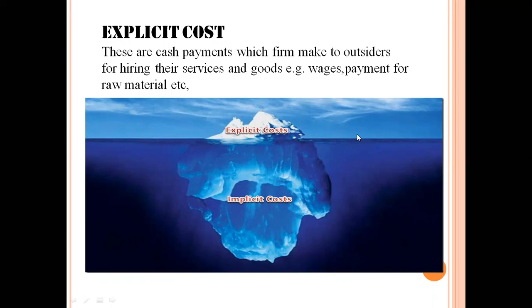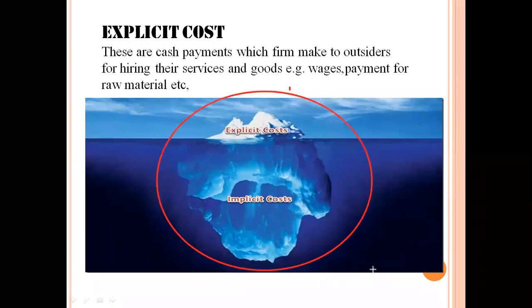आप ये पूरा देख रहे हैं ना? See, I'm just annotating it. Wait a minute. See, you all can see this. आपको ये सबको ये चीज दिख रही है ना? इसके अंदर what you observe, this is the sea level. See, this is the sea level, है ना? Water level के ऊपर what you observe, this is the explicit cost.